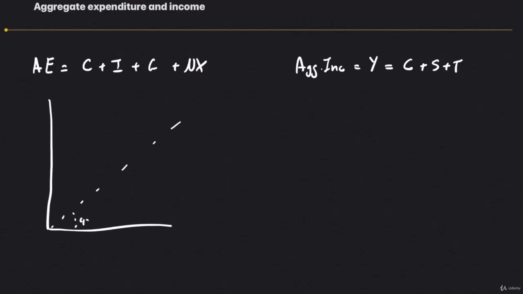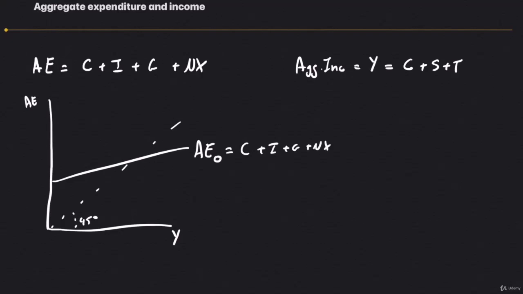Recall this curve where I have the 45-degree line, which signifies that the x-axis and the y-axis are equal to one another. I have the aggregate expenditure curve here. Let's call this AE0, and it's equal to C plus I plus G plus NX. And if any one of these variables changes, well, the whole curve changes, right? But before we get there, let's say that